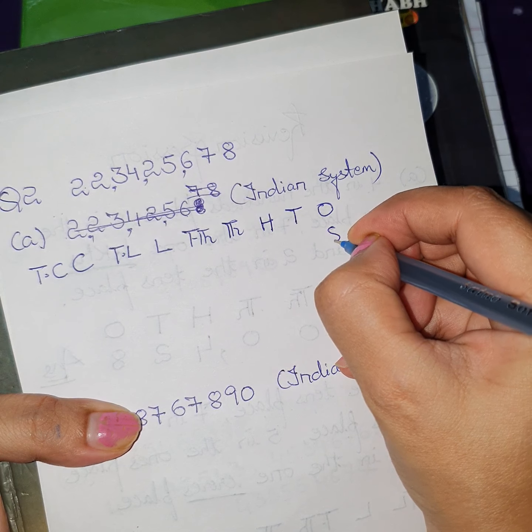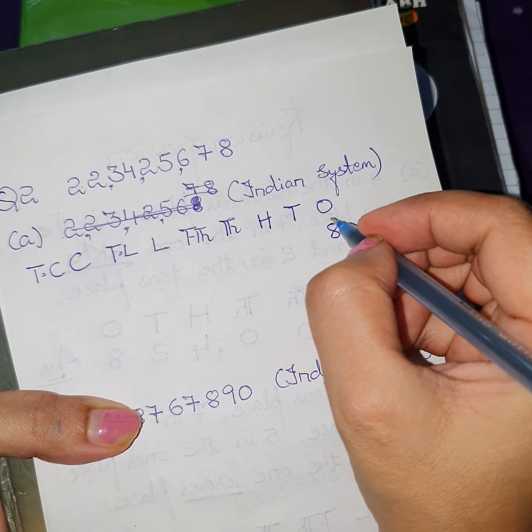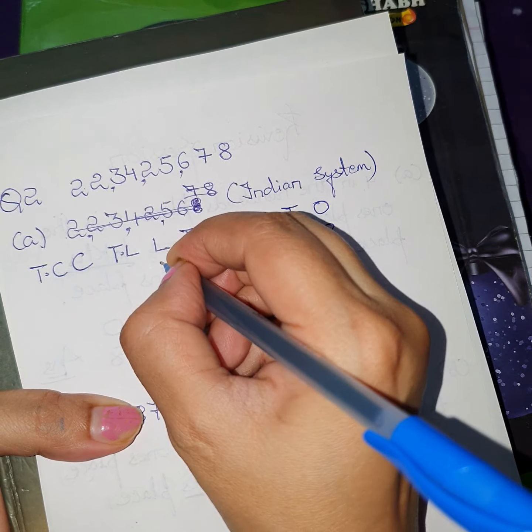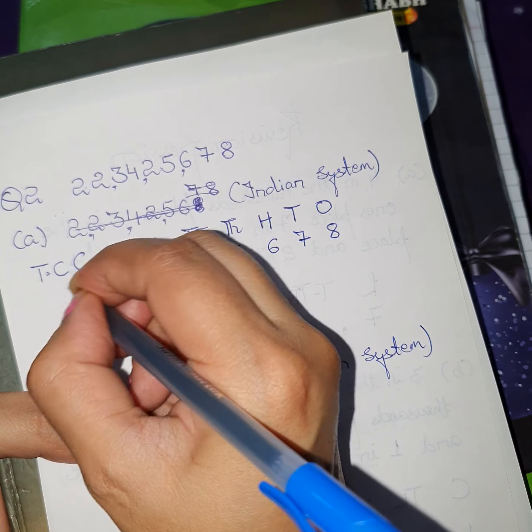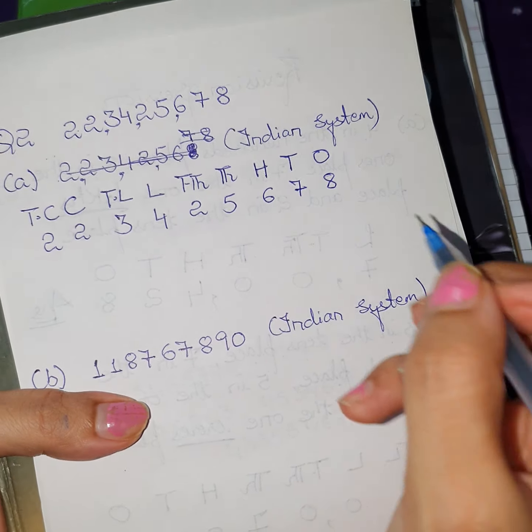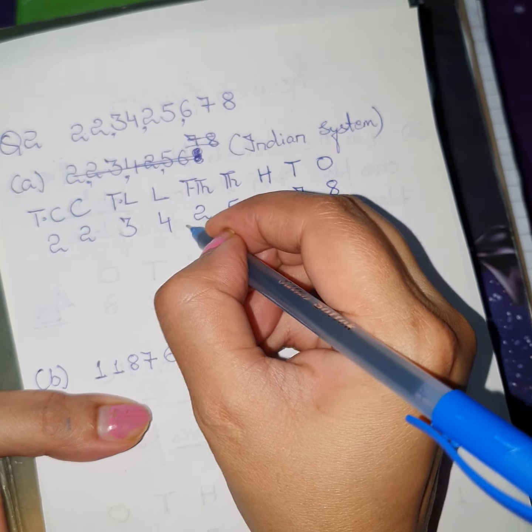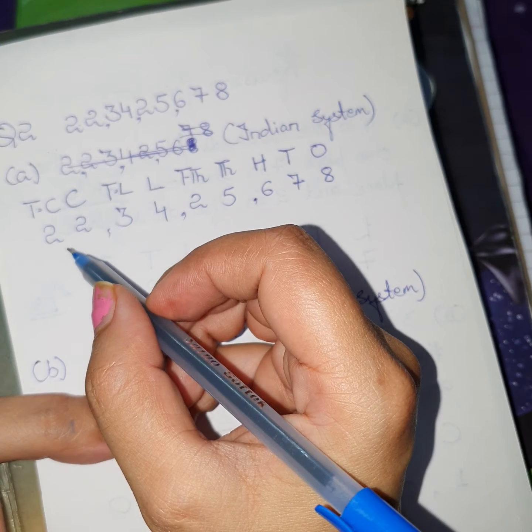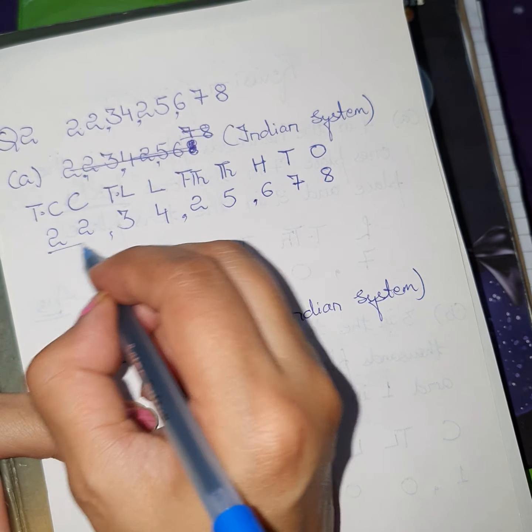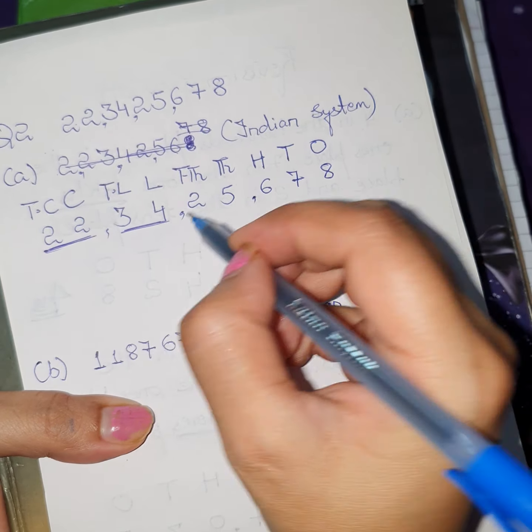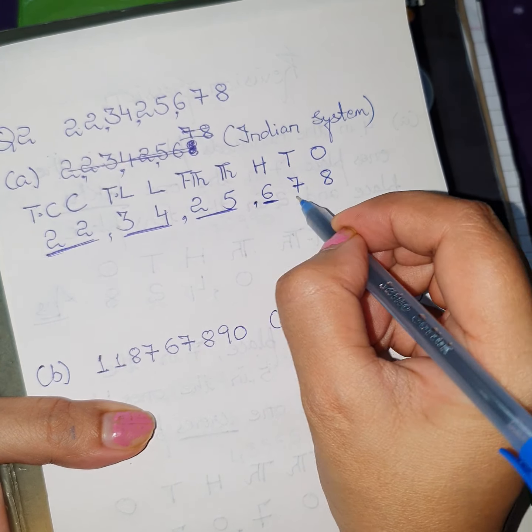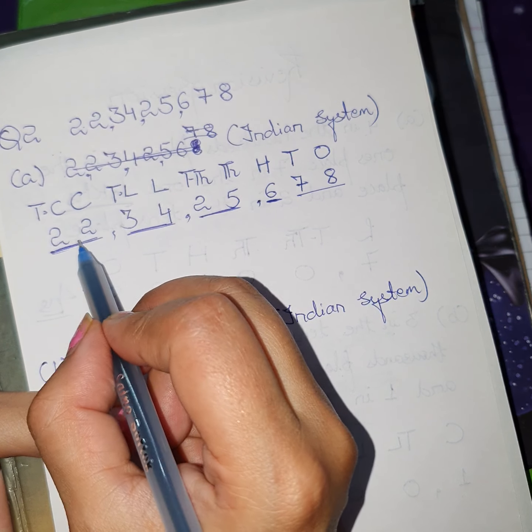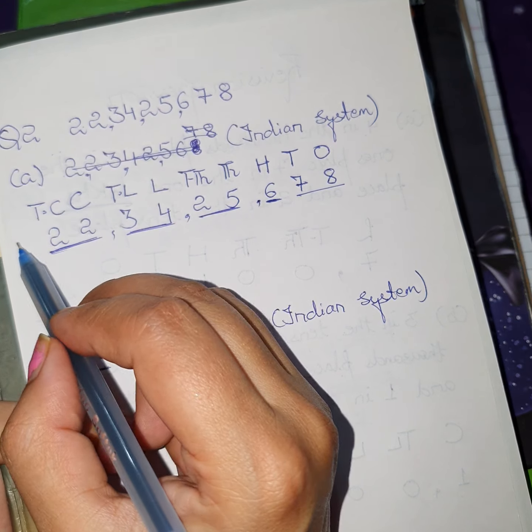Now I am mentioning it in the place value chart. So from the back side 8, then 7, 6, 5, 2, 4, 3, 2, 2. Okay. Now you can see that I have mentioned the values in the place value chart. After mentioning the values in the place value chart, writing the number name will become easy for you. These 2 digits we will read together, these 2 together, this one separately, and these 2 are again together. So firstly read these 2 numbers. It is 22 and it belongs to the crores period.